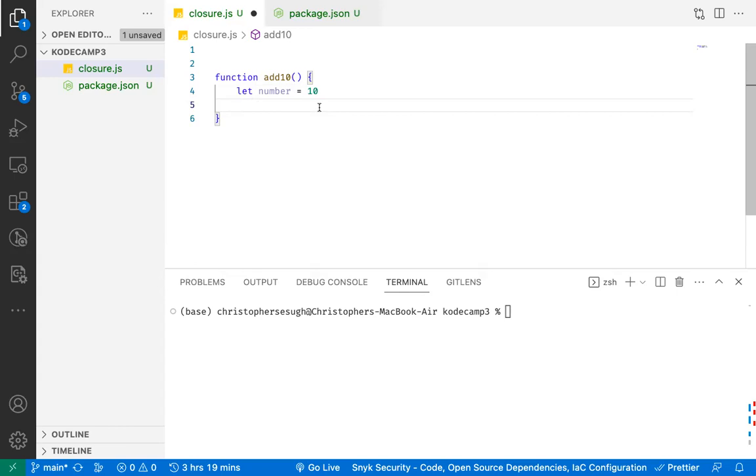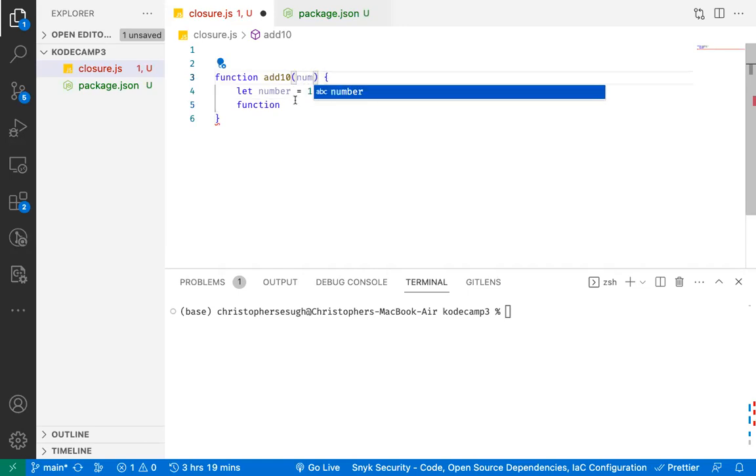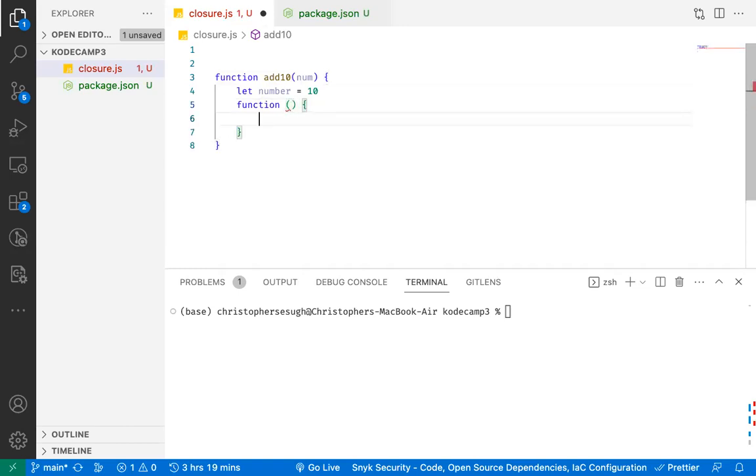use of closures. Now we define another private variable, or let's call this a private method that will simply increment this number. We simply increment whatsoever the user is passing in here as an argument. Let's pass it a parameter of num. Then this will return an anonymous function that simply adds this number plus